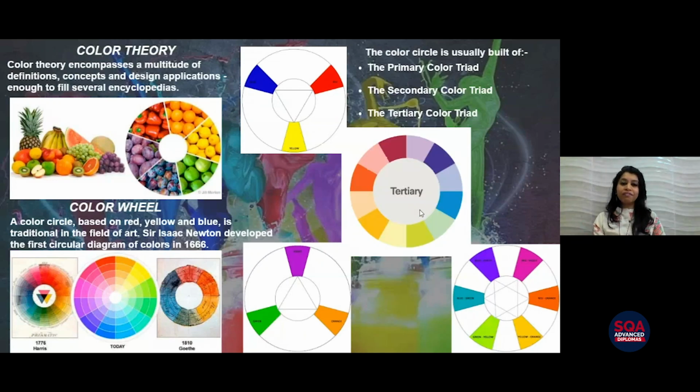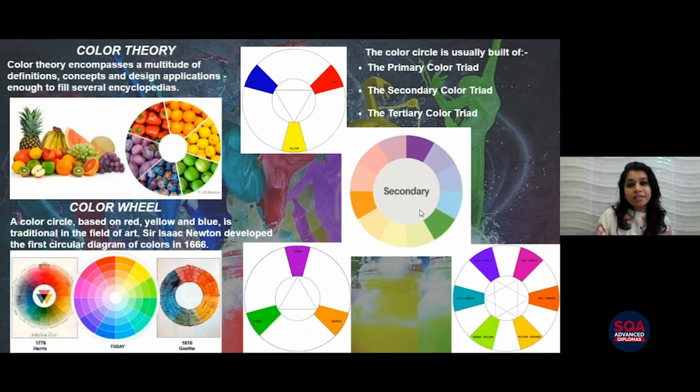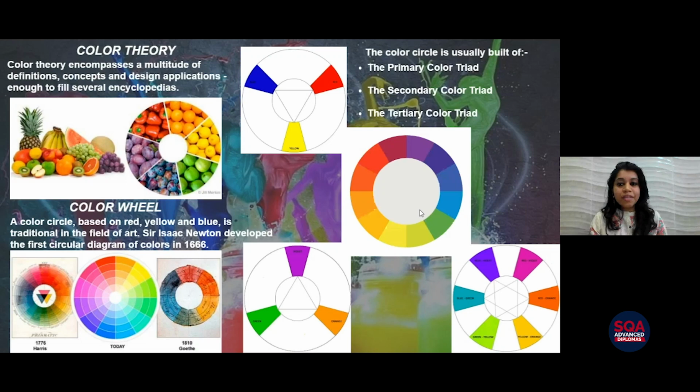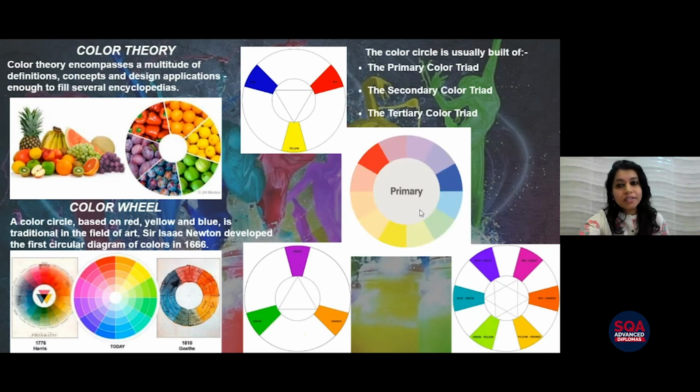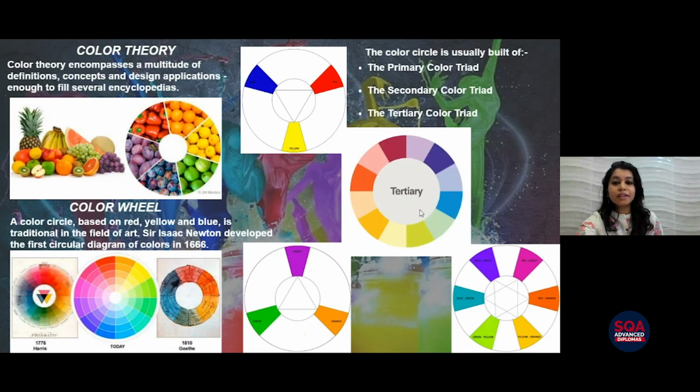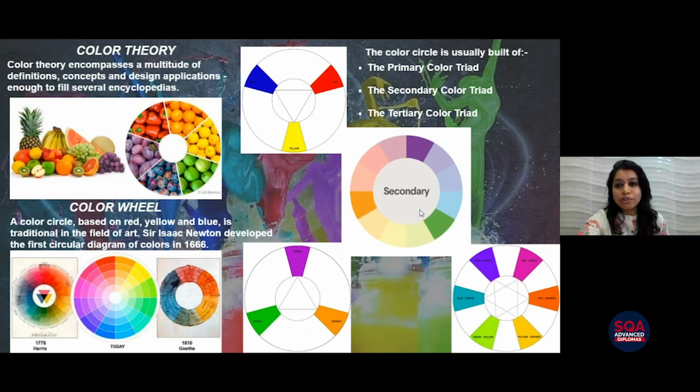For example, if I mix blue and red, or red and yellow, I will get a secondary color. Tertiary colors are the ones that we get by mixing a primary and a secondary color. For example, yellow orange, red purple, red orange, blue purple. All these are examples of tertiary colors.